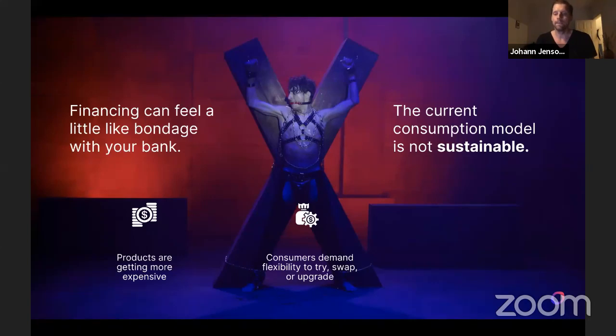And then the other reason where we're seeing this rapid growth is no one else is really in this space. Typical financial institutions offer loans and things like that, but they don't get into this type of circular model with assets. And retailers also aren't really doing that. They're offering you the option to buy something or to finance it, but they're not offering you the option to rent it.